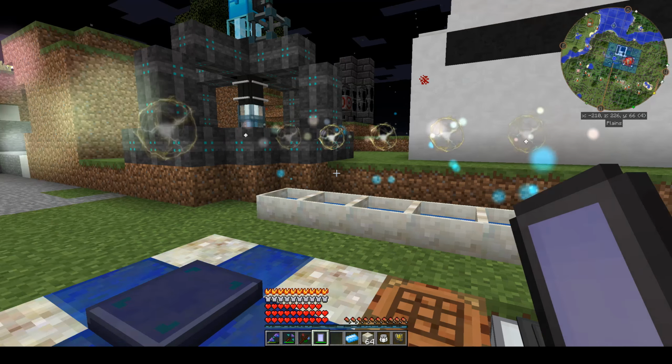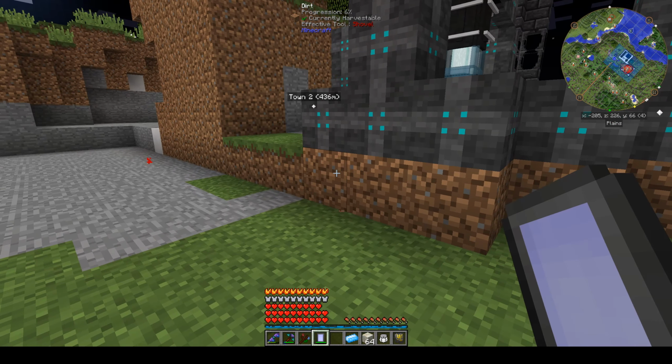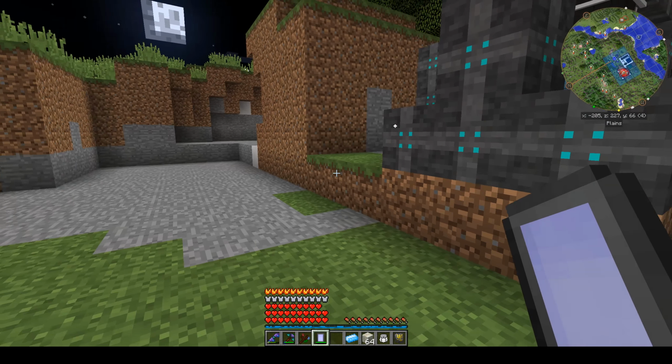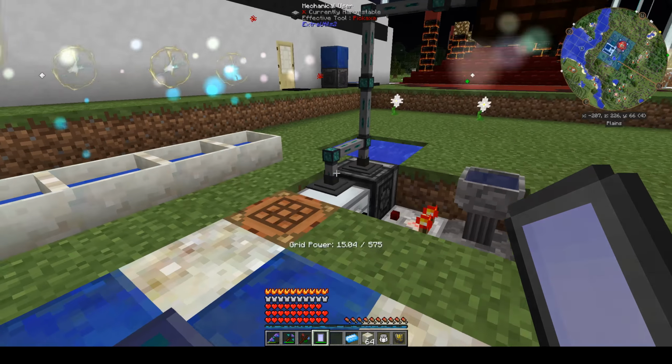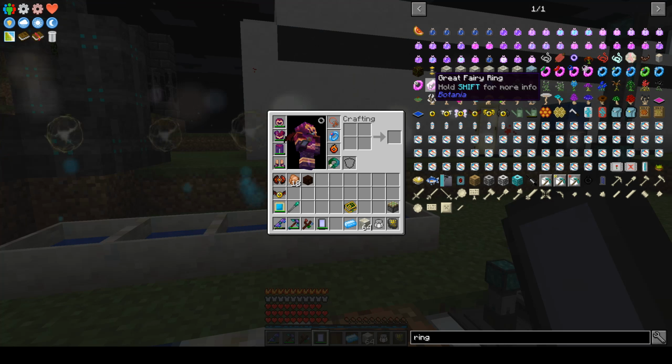And what that would allow me to do is, so you can see about right here. This is where I can reach it. See, I can't reach it there, but I can reach it here. That would allow me to reach like 2 or 3 more blocks further, and I could reach over there. Handy, but it's not crucial, right? It's fun to have. And then the Fairy